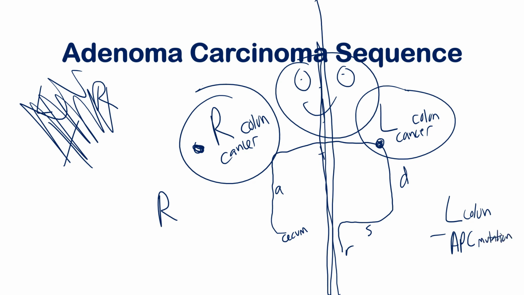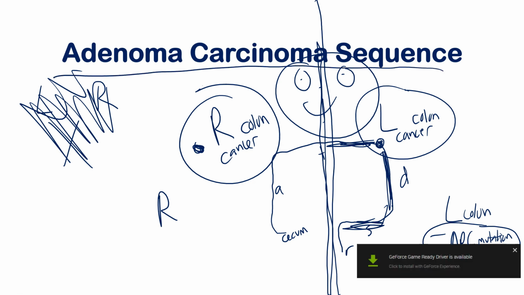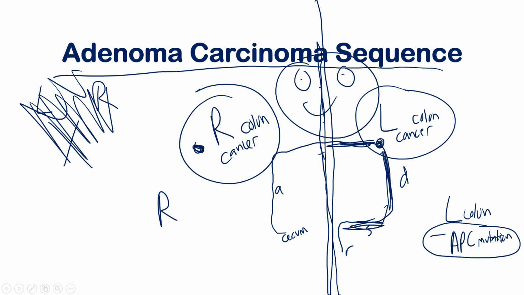So usually if they say that there's a colon cancer, like a colorectal cancer, and they're telling you that it's in the descending part of the colon, or they're telling you it's on the sigmoid or the distal transverse, that's the left colon. So you need to be thinking what caused it is probably a polyp because of this adenoma carcinoma sequence. And then they can ask all sorts of questions about